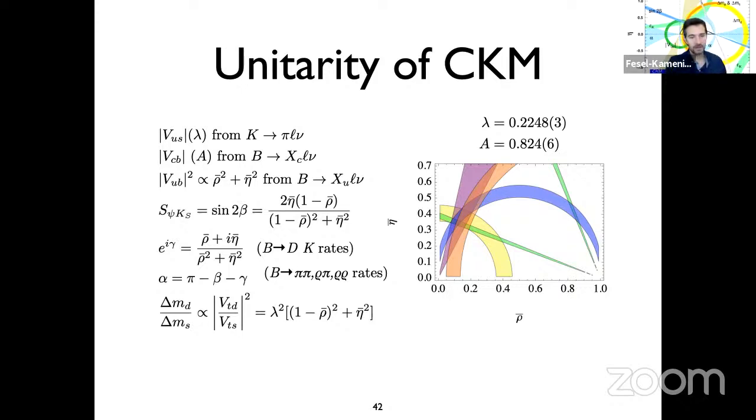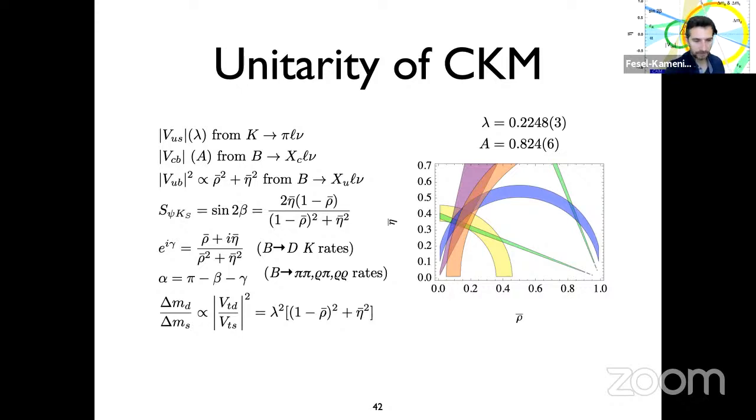For example, the ratio of neutral B sub d and B sub s oscillation frequencies is proportional to the ratio of VTD over VTS modulus squared, which can be again written out in terms of rho bar and eta bar, and the measurements of these ratios and comparison with the Standard Model predictions can then be again superimposed and furnish this orange band